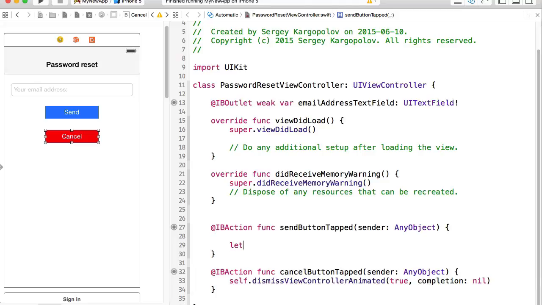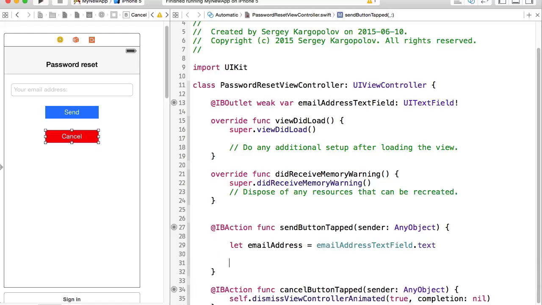So I will say let email address equals, and I called it email address. Let's just copy it. Text field text. Okay, so now I need to check if it's empty, and if it's empty, I do not want to continue. So I can say if email address is empty,